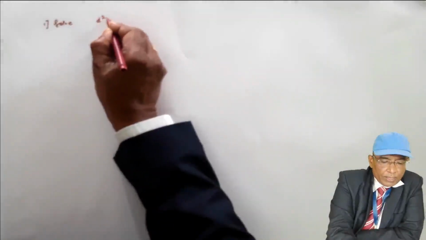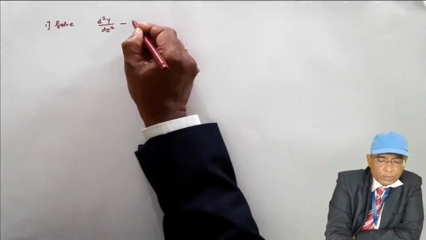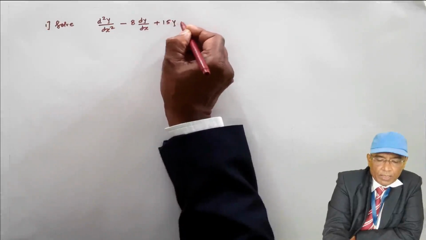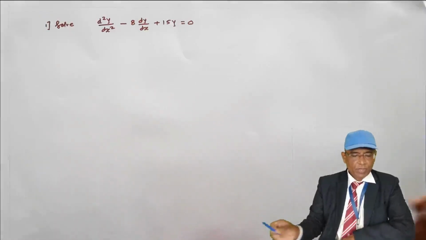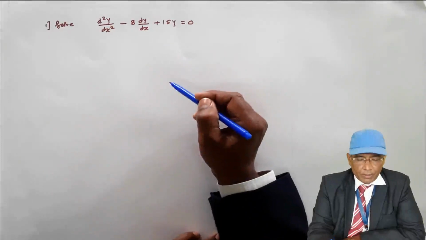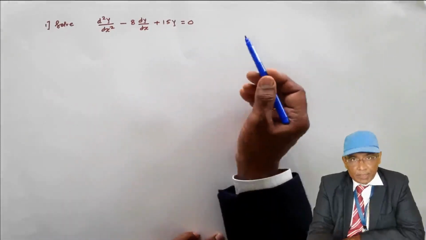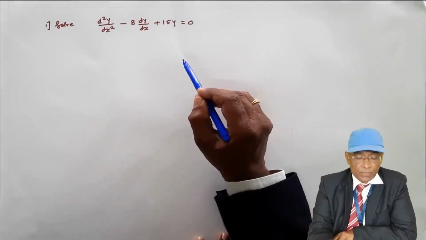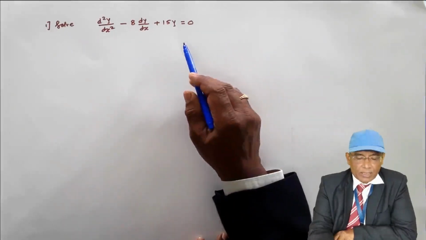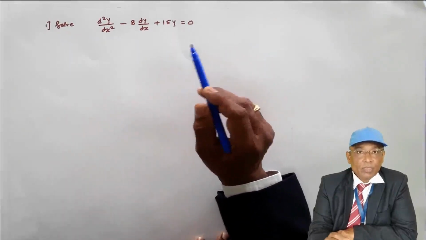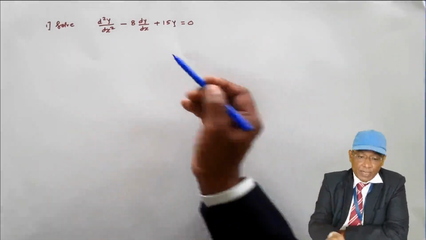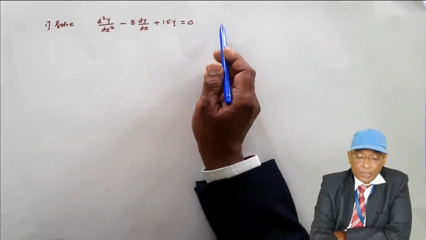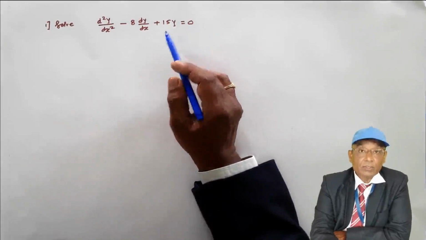Here d2y by dx square minus 8dy by dx plus 15y is equal to 0. Now this differential equation we are going to solve. Please remember, particular integral and complementary factor, these two are different parts of the solution of the differential equation. Complementary factor depends on the roots of an auxiliary equation, and the auxiliary equation we get from the left hand side, and the particular integral we get from the right hand side if the differential equation is written in the standard